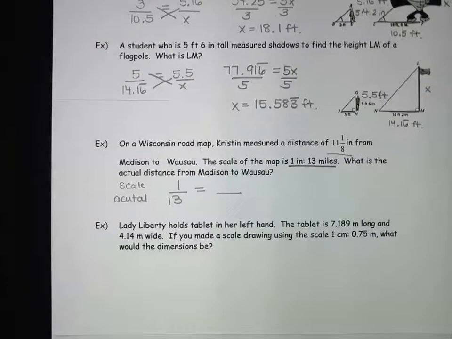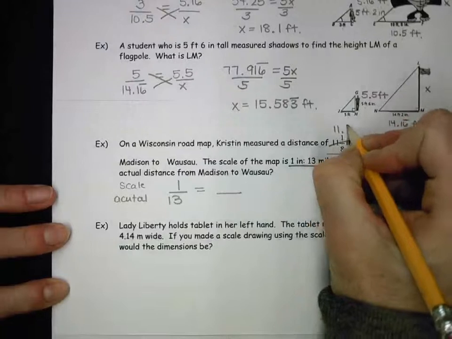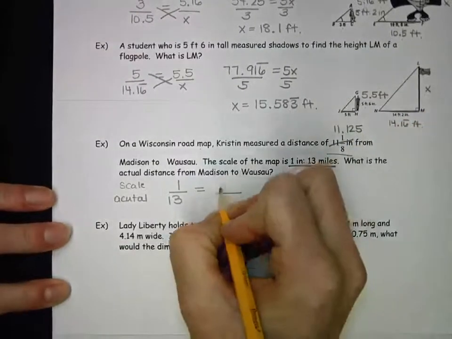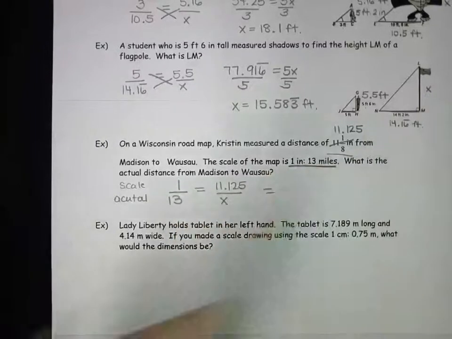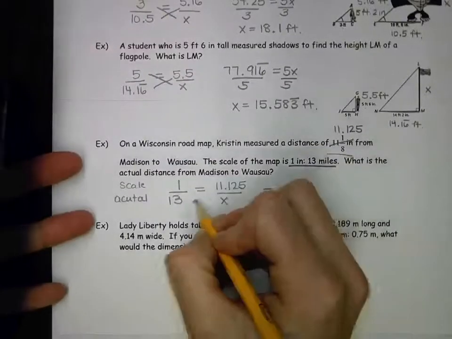So what I'm going to do is convert this and make this 11.125. I did that by dividing 1 by 8. Because that is my scale, I'm going to put that on top. I'm going to put the x on the bottom to find and calculate the actual distance, and then we're going to cross multiply. So if you take 13 times 11.125, you will get